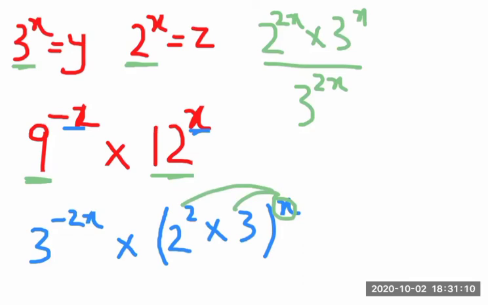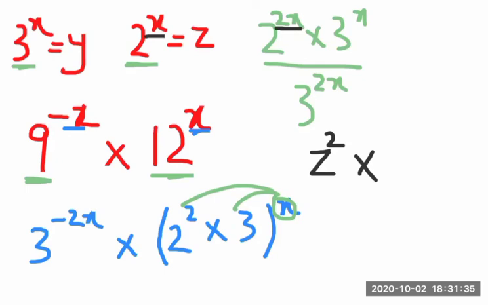2 power x is z. So how do I replace it? Instead of writing 2 to the power 2x, just write z square, and then y. No, where did the 2 go? It's to the power 2x, not 2 to the power x. Here it says 2 to the power x. Z square and then times